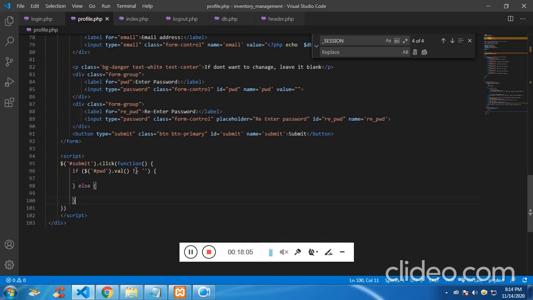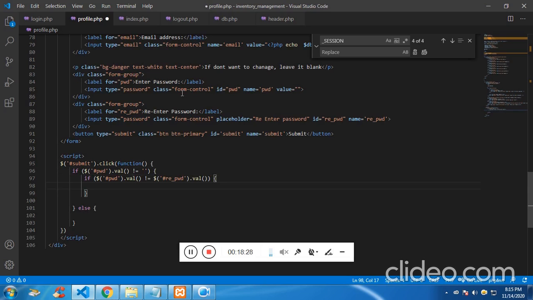If it is not blank, then again an if condition: you have to check whether the password is equal to the ID dot re-enter password. If both of them are not equal, then